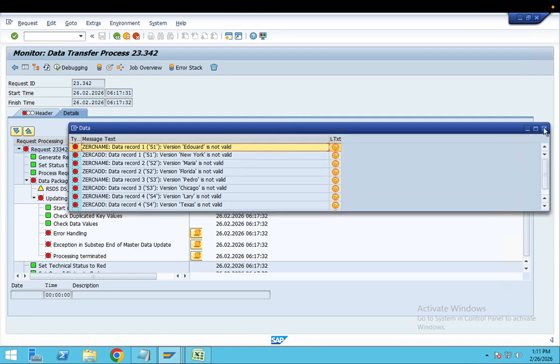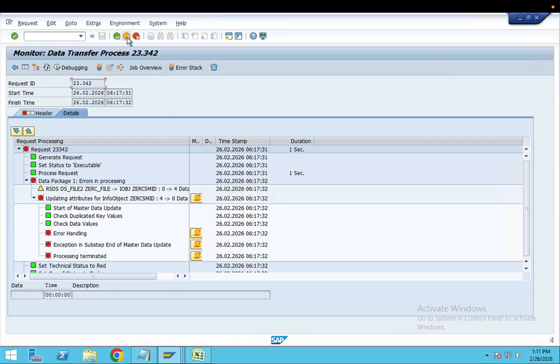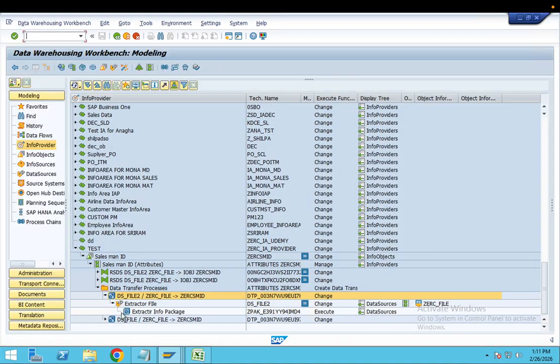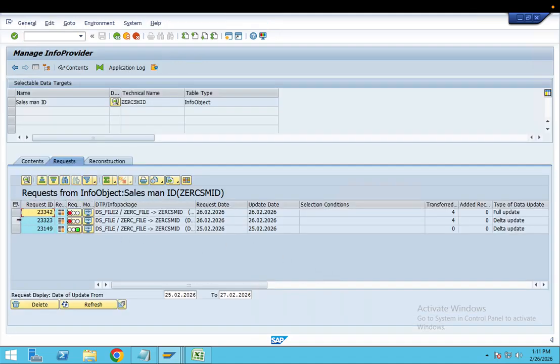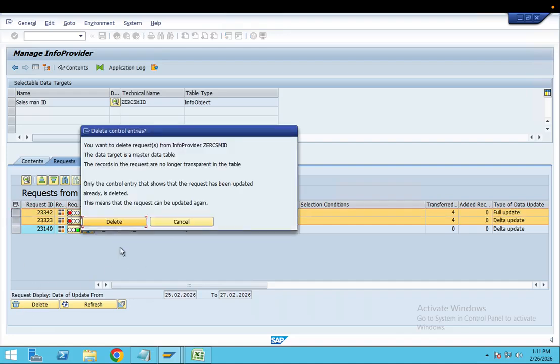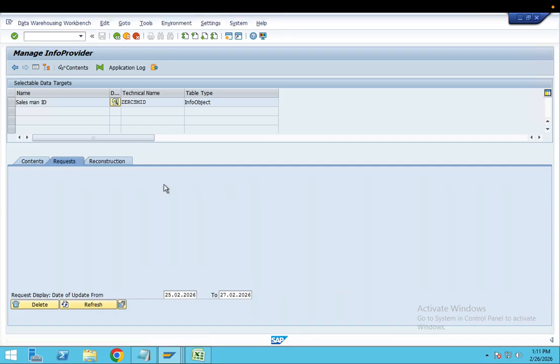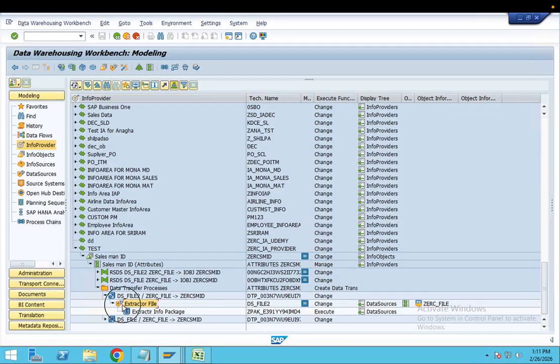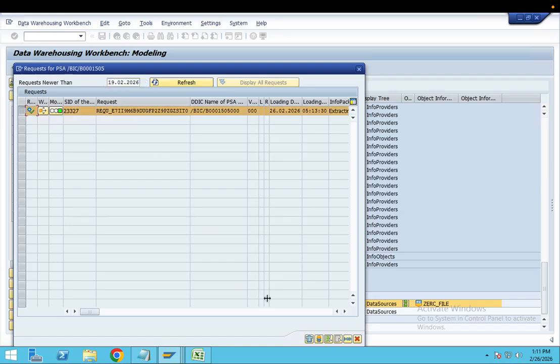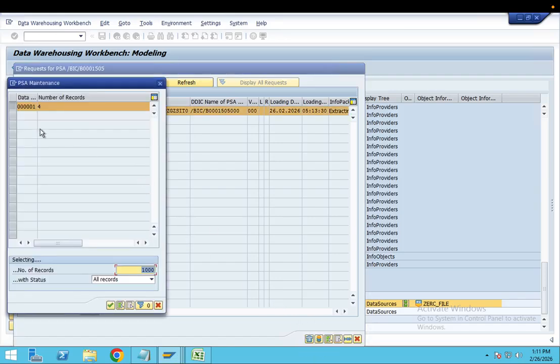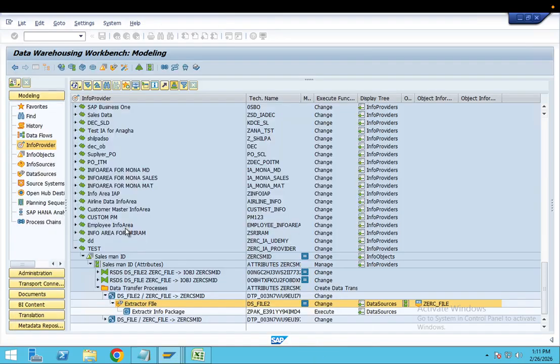What is the first option for this solution? First of all, you have to go to Manage of the master data attribute. Here you have to delete the unnecessary records, I mean the read request. So I'm going to delete it. Once deleted, you have to go to the data source, go to Manage here. Now it would be editable. Once edited, delete the request from the